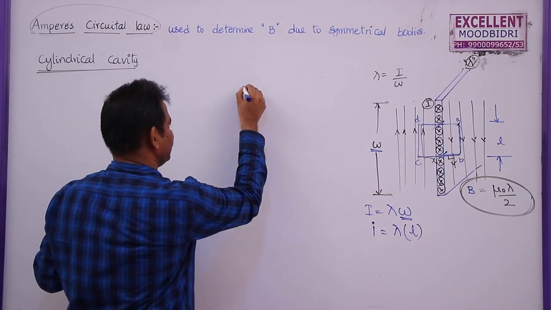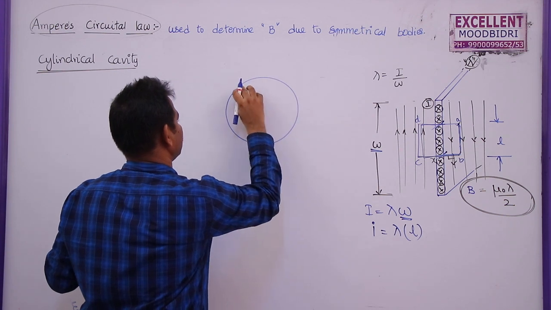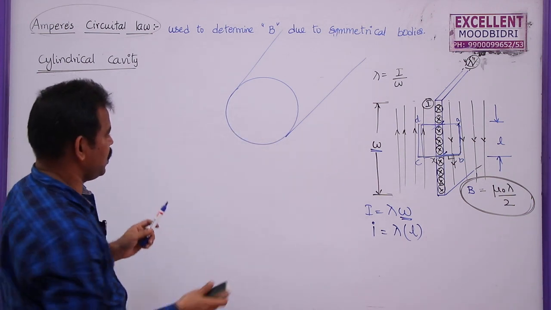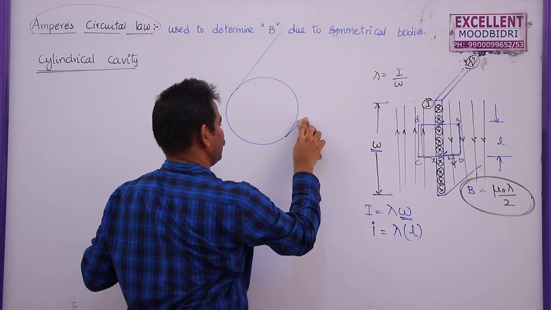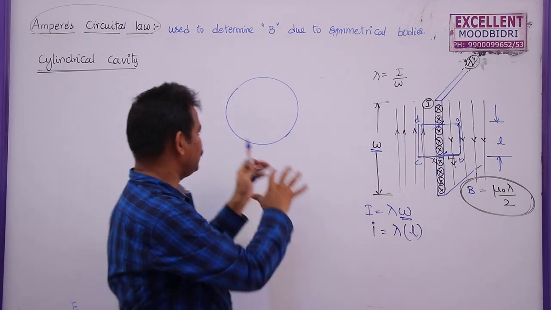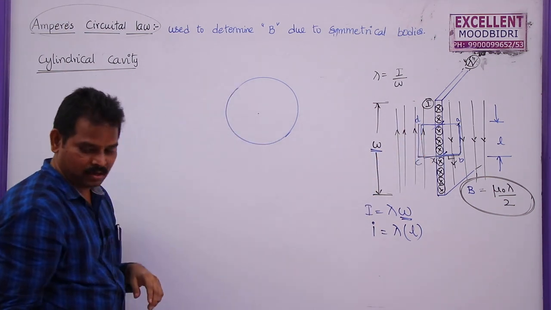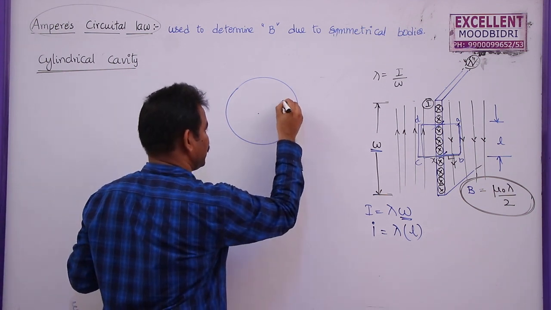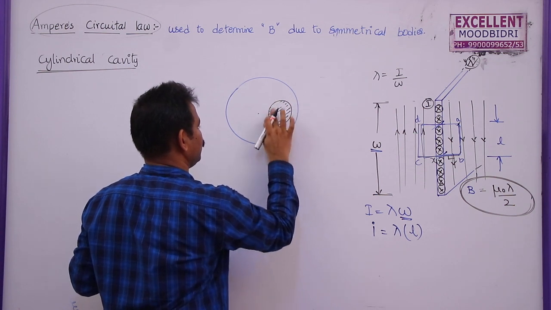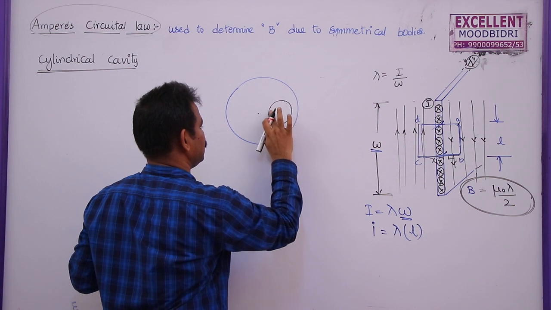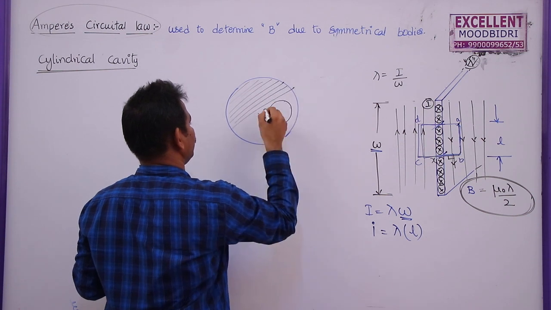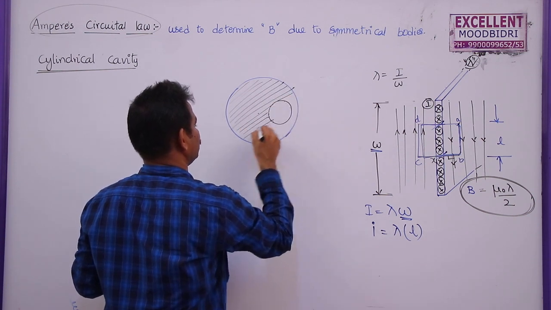Cavity. So I am going to take a cylinder here, and this is a cylindrical rod here. In this cylindrical rod I am going to take only the side view or the cross section of this cylinder. I am not going to consider this one. So this is just like the thin sheet, but a cylindrical portion. This is the center here, and from this cylinder, if a cylindrical cavity is removed, this portion is removed. So this is the removed portion from this cylindrical wire. So this is the actual portion. From this only some portion is removed here.